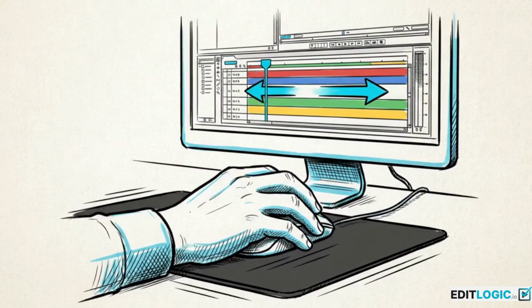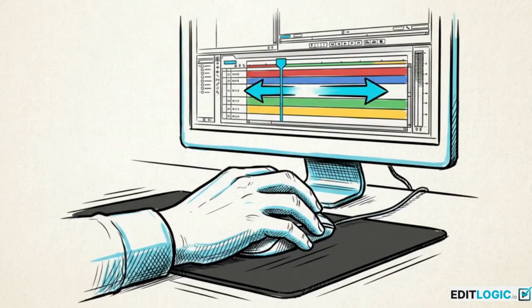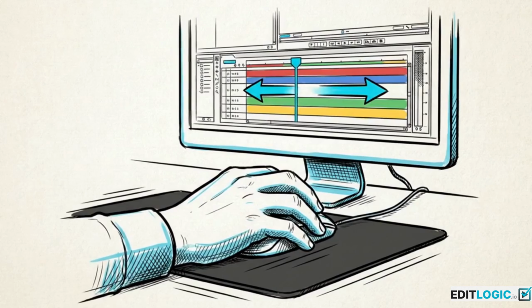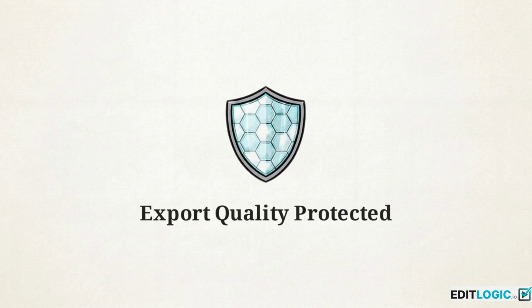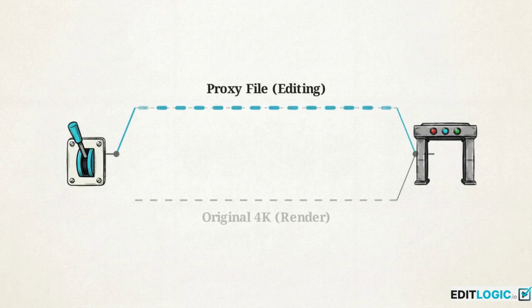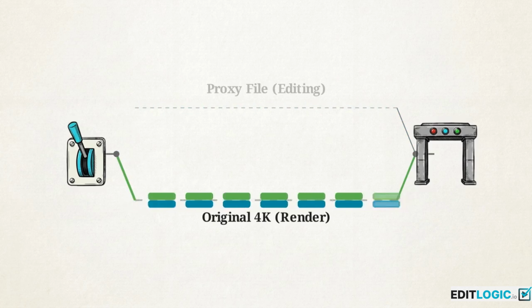When the background generation is finally complete, the stutter on your timeline disappears. Scrubbing through your 4K footage becomes instantly fluid. Your export quality remains protected by an automatic swap. While you edit with the lightweight proxy, CapCut automatically unlinks those files and reconnects your original 4K footage the moment